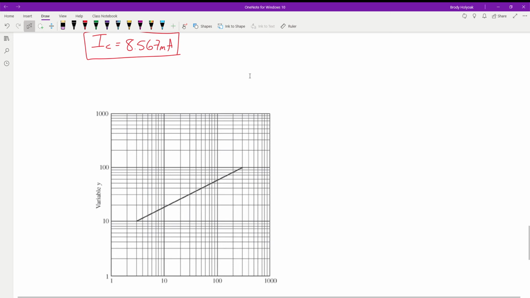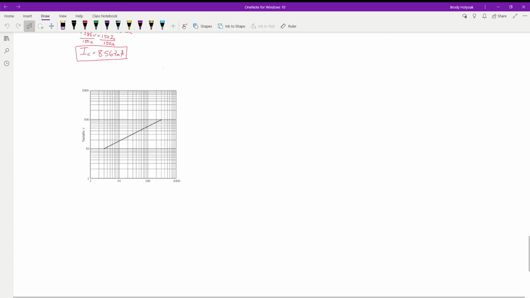All right, so we're going to start talking about logs. Logs are simply a way to condense large values of data down into more manageable levels. It's also able to provide more information. So if we were to look at this graph,